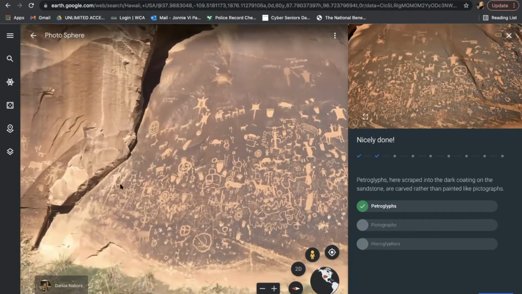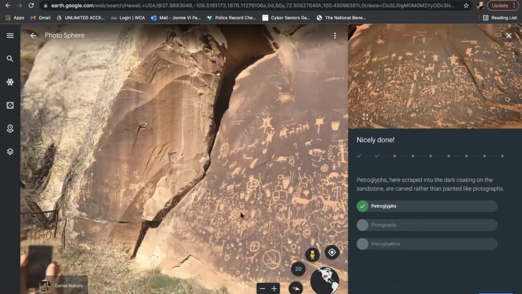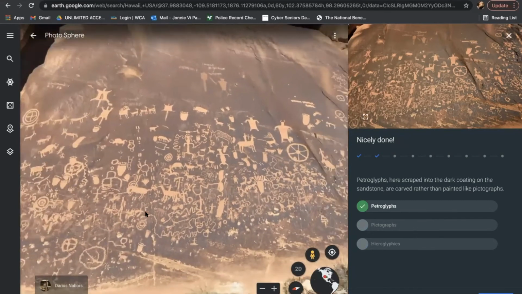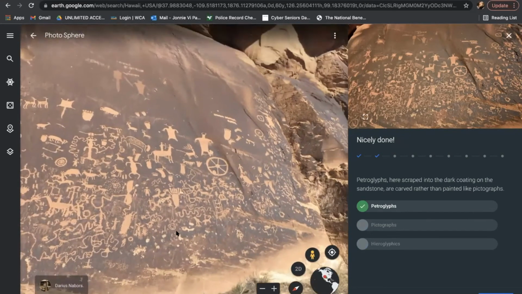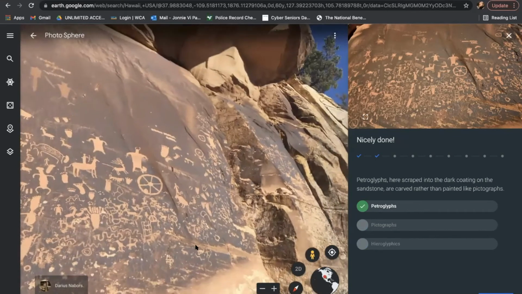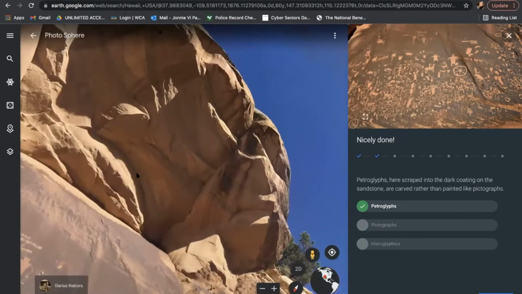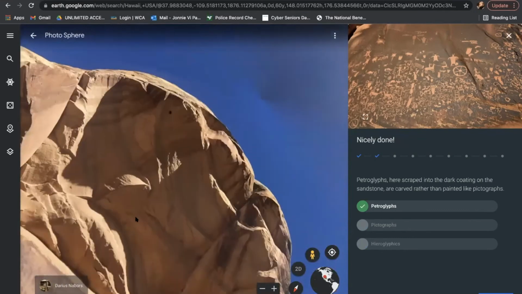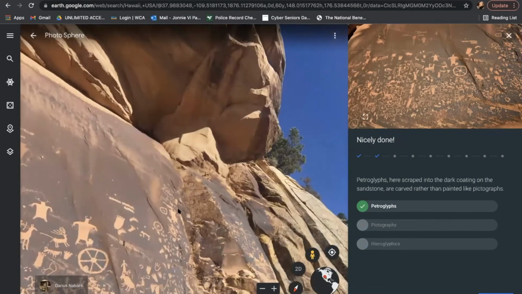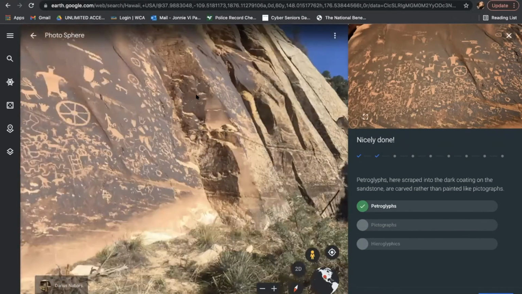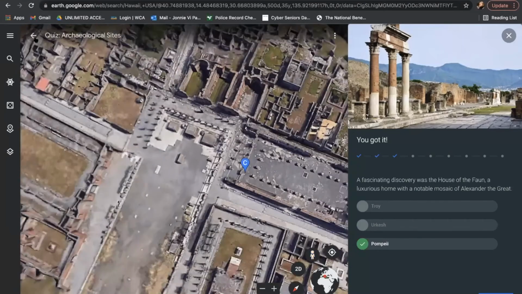We can look around by pressing and not releasing, and then swipe. Yeah, so it's pretty, right? It's like from ancient civilization. You can also look at the top. So we're going back to